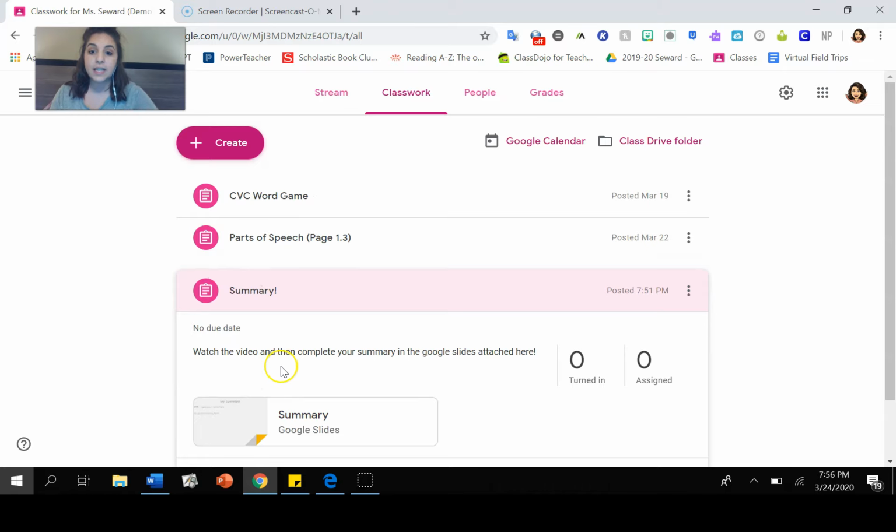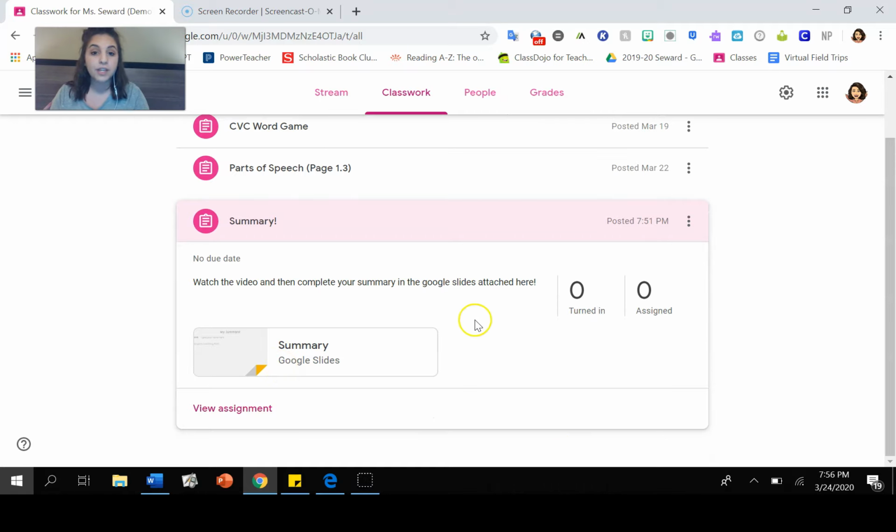And when you get there, it's going to say watch the video and then complete your summary in the Google Slides attached here. The video is this right now that I'm filming, so it's not on there. But it will be right here next to this Google Slides. There's going to be a video of Miss Seward. Watch that video, which if you're hearing me say this, you're watching it. But this video is what shows you how to do it, okay?